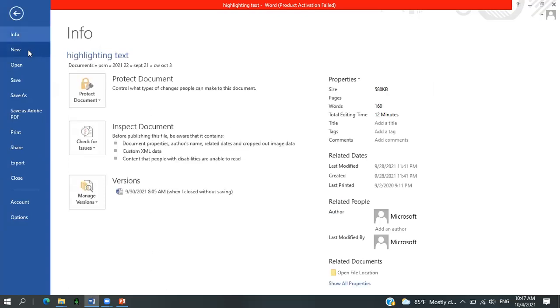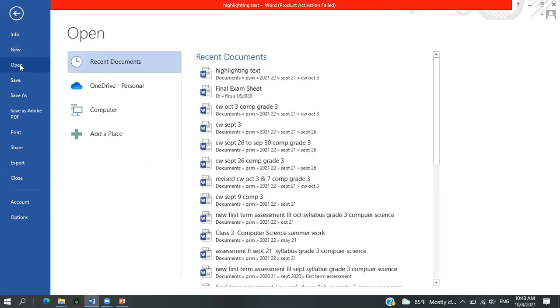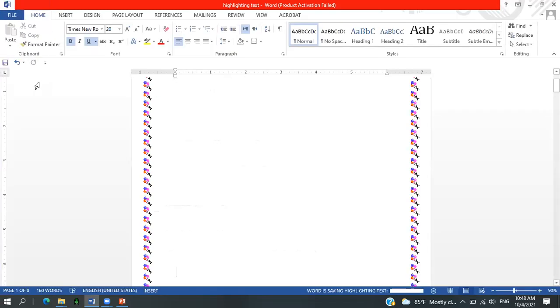You can open a new document from this option, and it will ask whether you want to open a blank document, see, like this. Or if you have already made a document and you need to open that one, you can go for this one. And you can open the recent documents I have over here in the list, or even I can browse from my computer. And next we come to the save option.